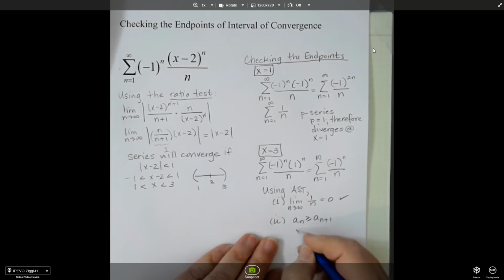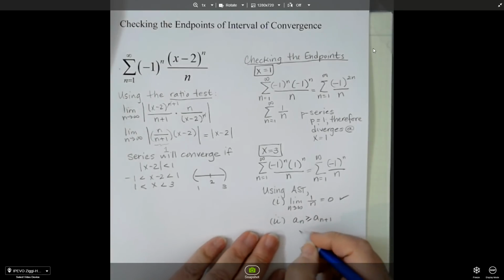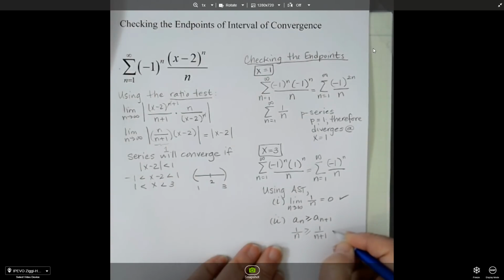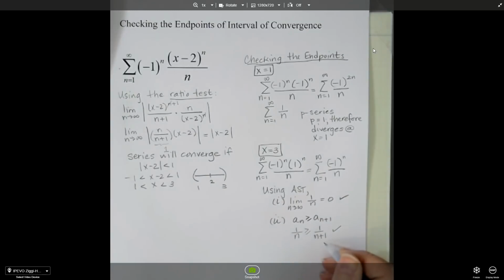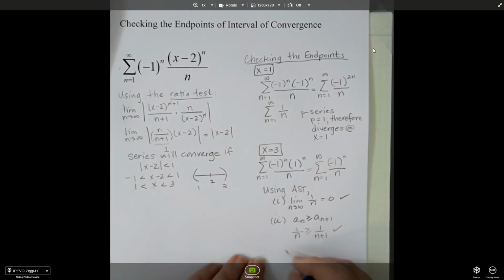So let's see what happens when I plug in n. I get 1 over n. Is that greater than or equal to 1 over n plus 1? And this is true because the larger your denominator is, the smaller your fraction. So that works. So guess what? This series converges